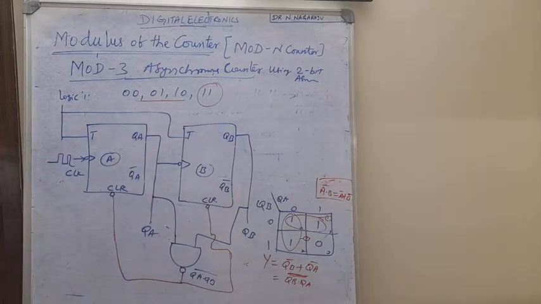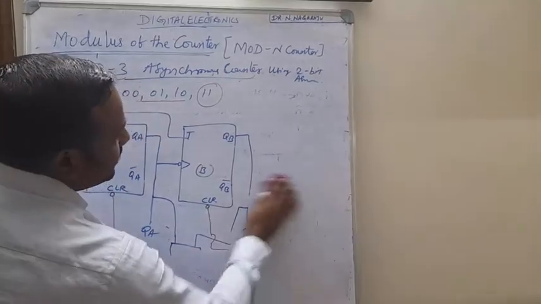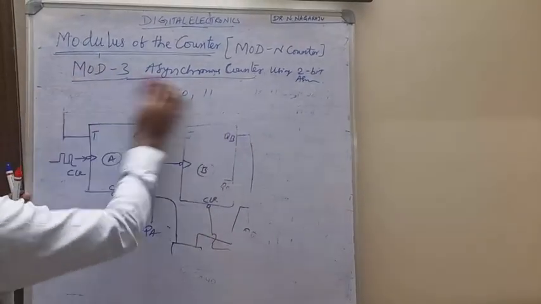Similarly for mod 5 asynchronous counter, or any type of counters. Here mod indicates the modulus number, which indicates the number of states. For example, I am going to give one small hint for the mod 5 counter. So this is the final circuit. Now let us see the mod 5 counter. I am going to explain the mod 5 counter.